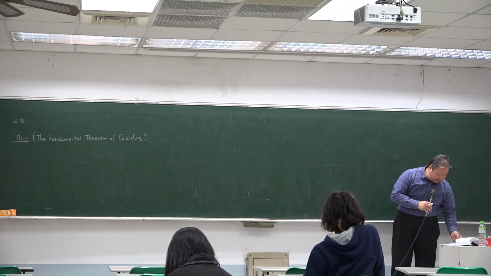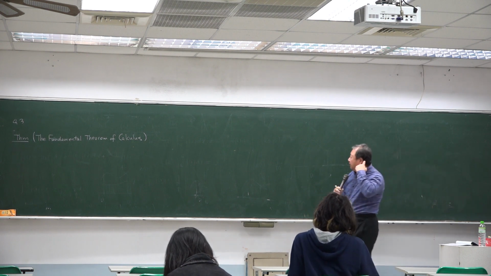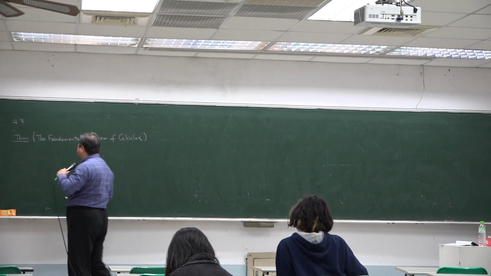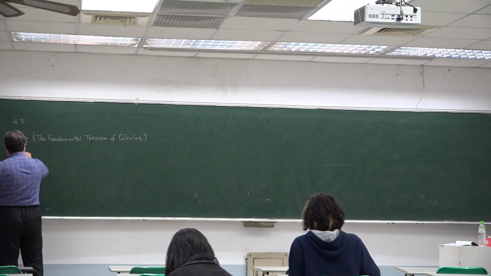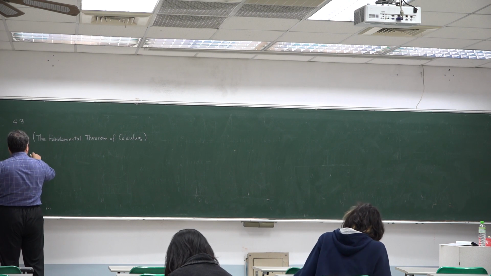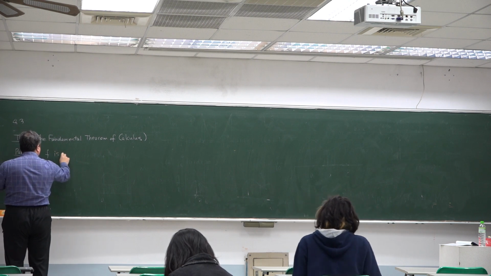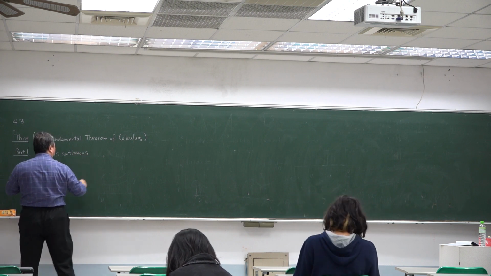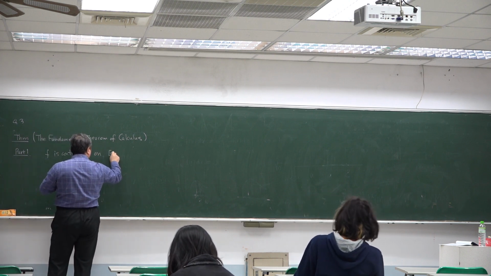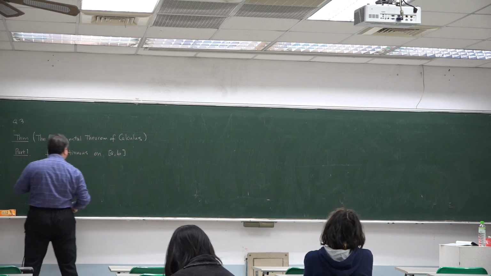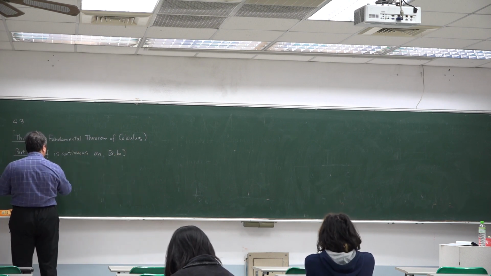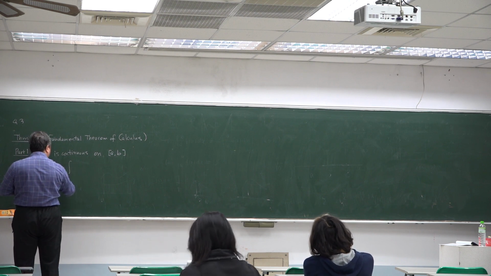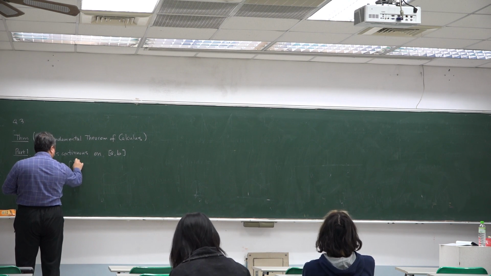Okay, so our textbook divides this theorem into two parts. Part one. Suppose f is continuous on this closed interval [a, b]. Then we can define another function, g of x, which is